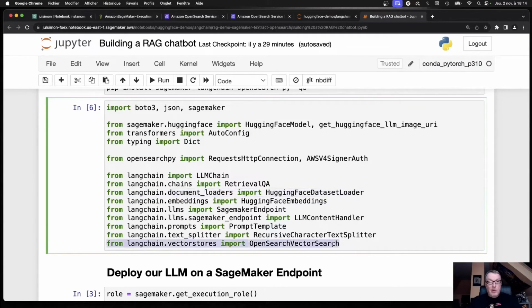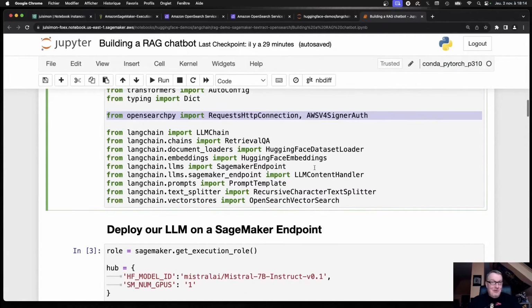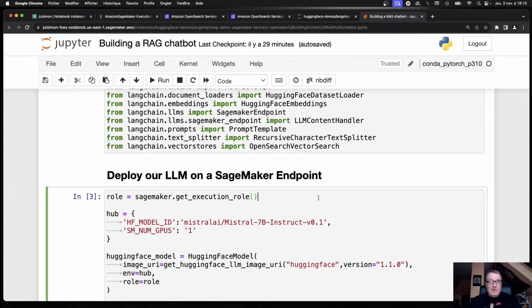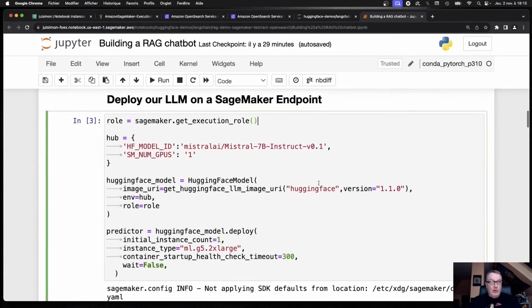And I will query OpenSearch, so I need that object as well. And I need a couple of OpenSearch objects for authentication, right? Because we're not done with authentication. Anyway, okay, first step, same as before: deploy the LLM on a SageMaker endpoint, with the exact same code as in the